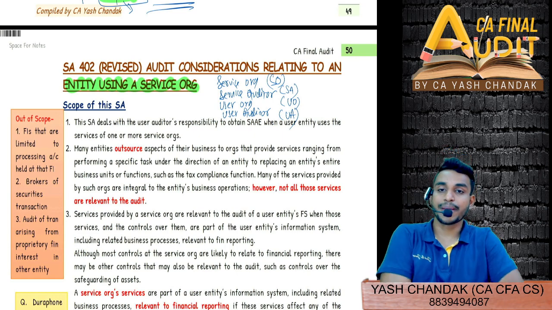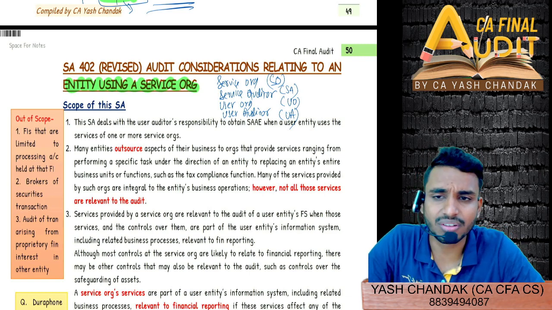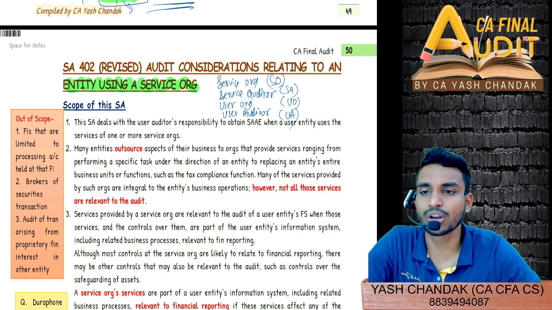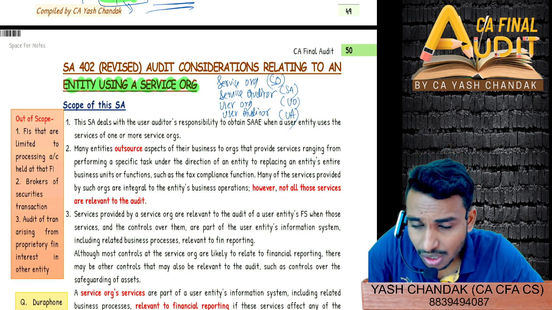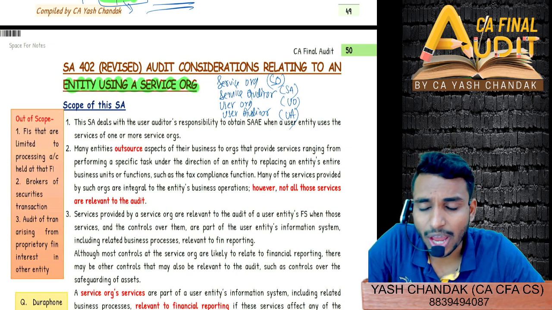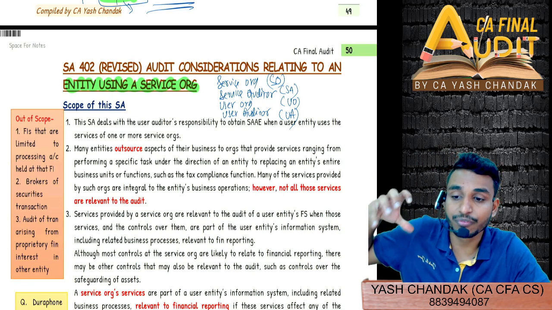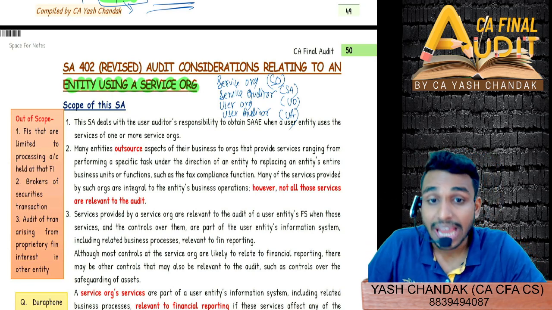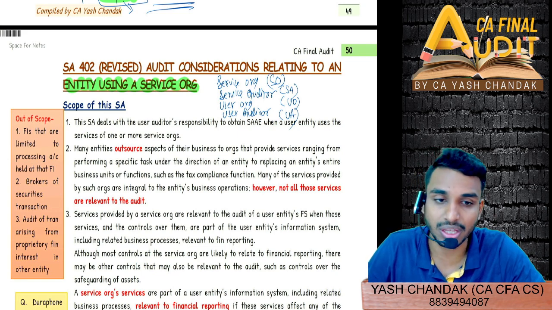So as a background, every entity or large-size MNC you could say is outsourcing some or the other work to other entities. For example, L&T used to outsource its employee related services to another organization. Same with respect to Wipro. So any entity which is outsourcing any significant part of their work to some other entity, and that area which it is outsourcing